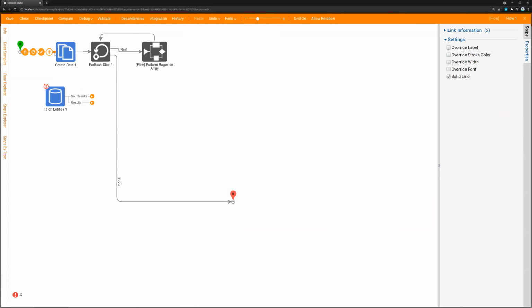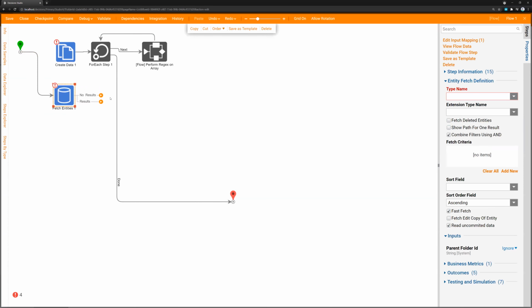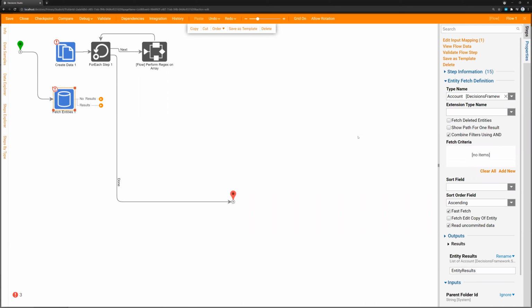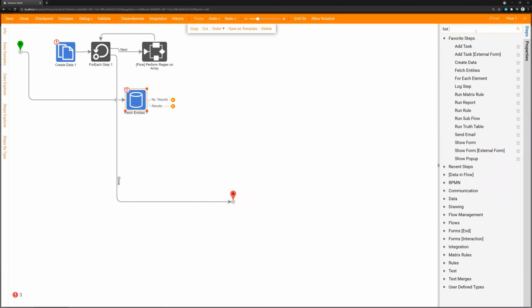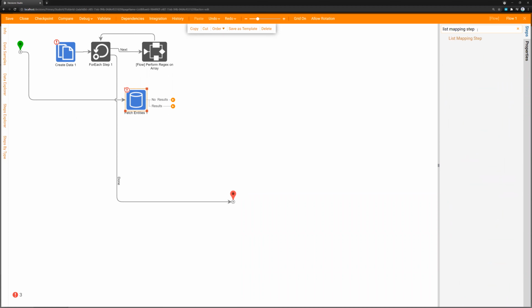So when you have multiple items of one data type, but you want to map them over into a second data type, for the purpose of this example, I'm going to use this fetch entity step, but you can use your imagination here. This could be data coming from anywhere. It could be coming from an API call. It could be coming from an external database. It doesn't have to be coming from the Decisions SQL backend that I'm pulling from here. But for the purpose of this example, on this fetch entity step, I'm going to be pulling accounts, and I'm going to be using a step called the list mapping step. So what this does is